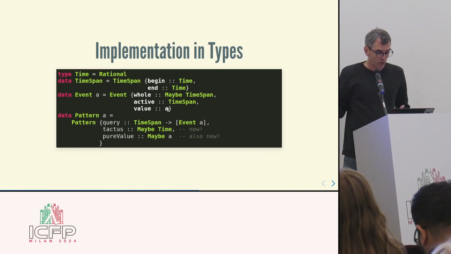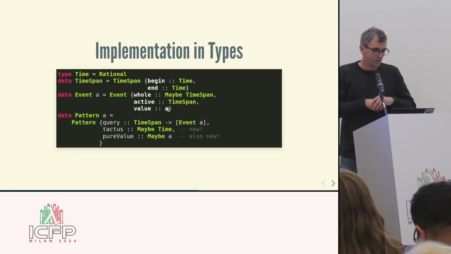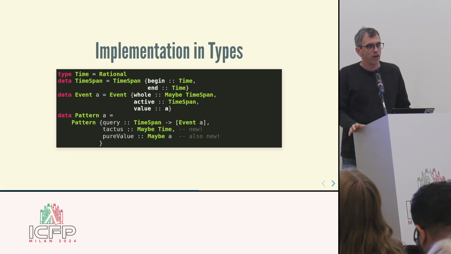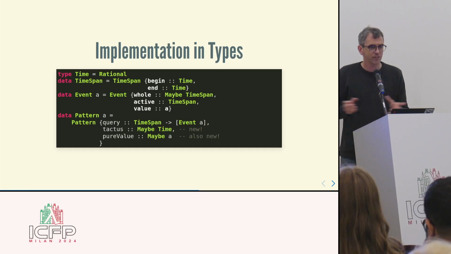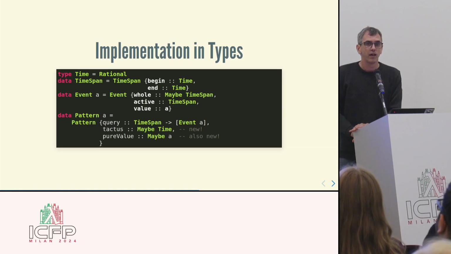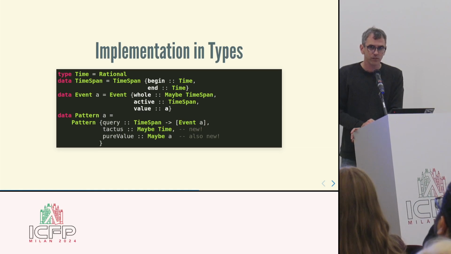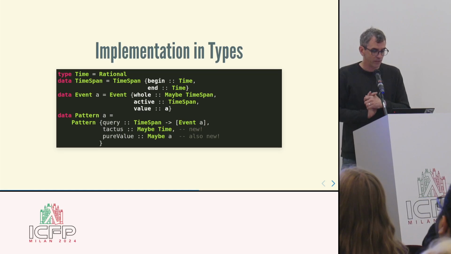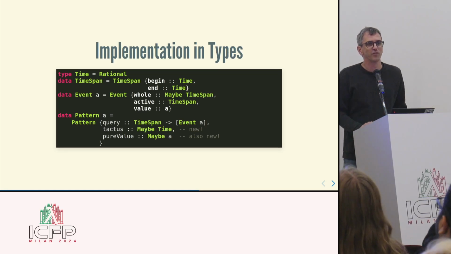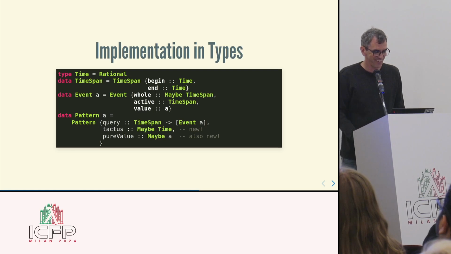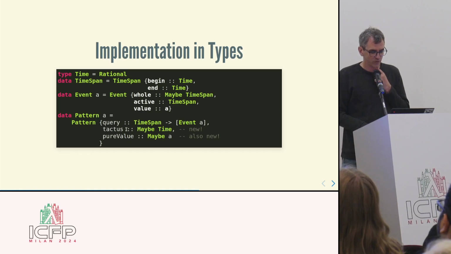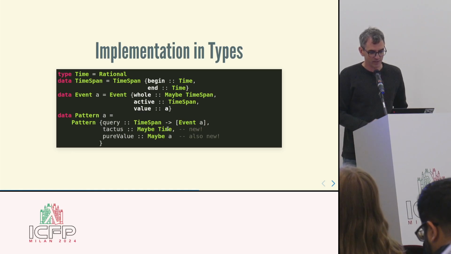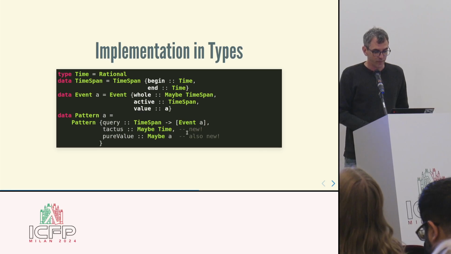I came up with quite a complicated way of fixing this by splitting the pattern into a type class with 2 instances, one functional and one based on the data structure, which was really fun. It took months working through this, but then I realized it was just too complicated. And in the end, I just went back to the original representation and added some metadata, which just says what